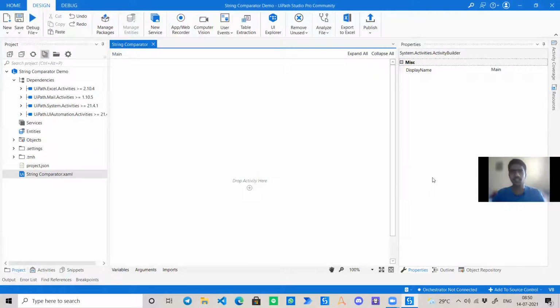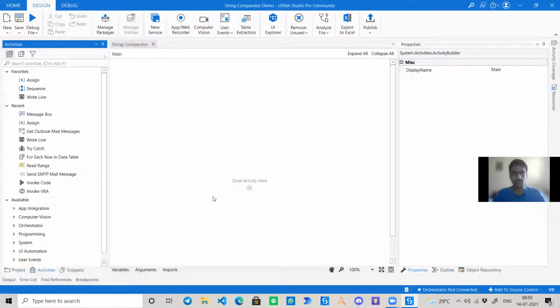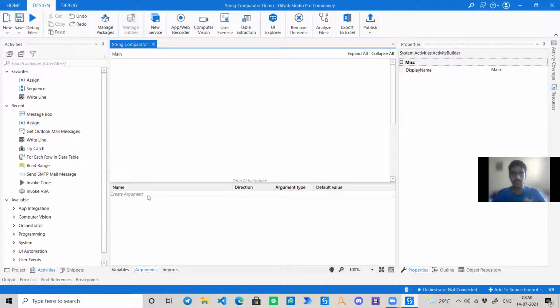It's no different from any other UiPath process. Now, first of all, I want to compare two strings, so I need two input arguments. Whatever we are going to do over here, at the end it will be just like another activity, just like the activities which are present in UiPath.